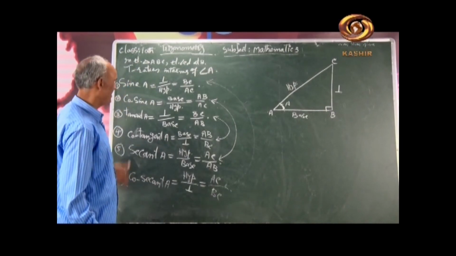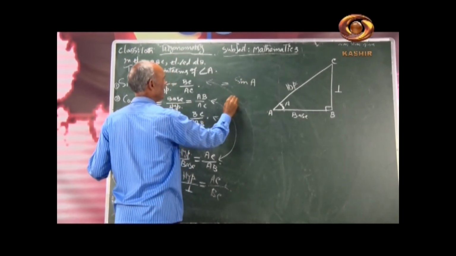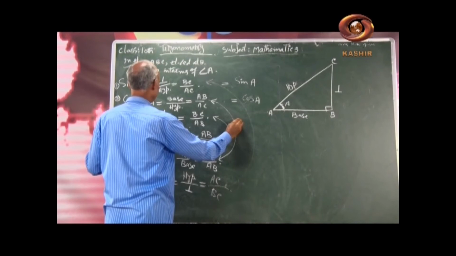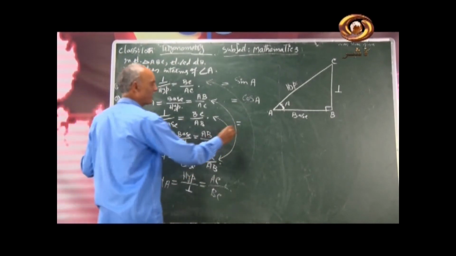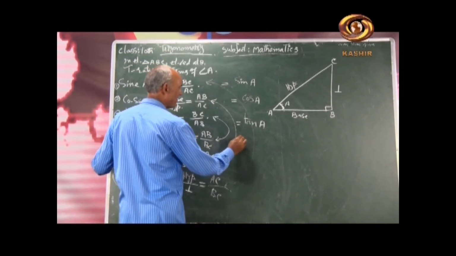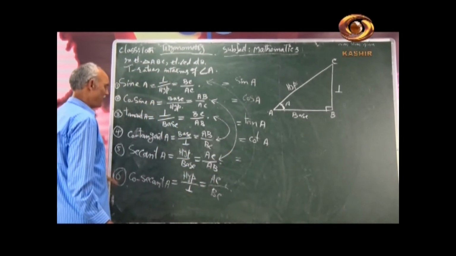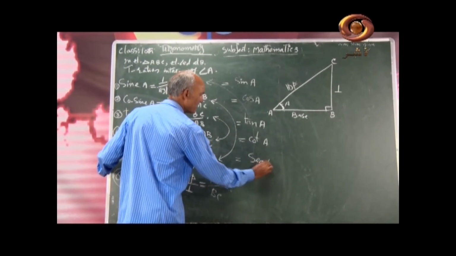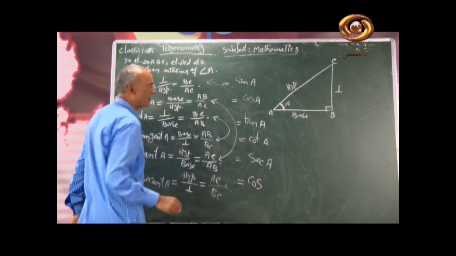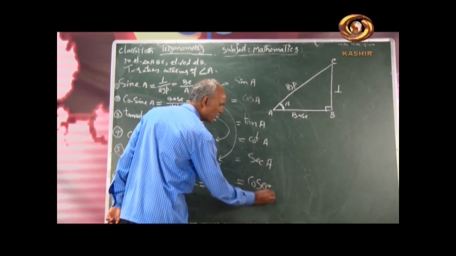For simplicity we abbreviate these. The first is abbreviated as only SIN, sine A. The second is abbreviated as the first three letters, COS, cos A. And this third is abbreviated as TAN, tan A. Then the fourth is abbreviated as cot A, and the fifth is abbreviated as SEC, sec A. And the last is abbreviated as cosec A, we can't write only three letters because then it would become the same as secant, so we add two more letters.